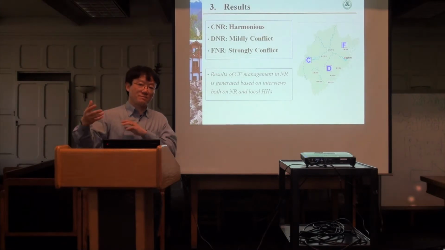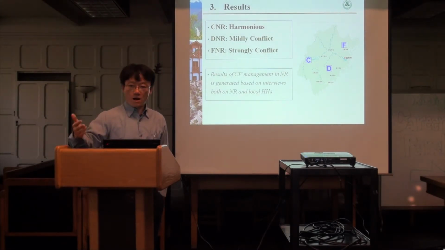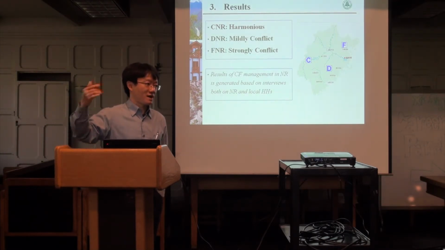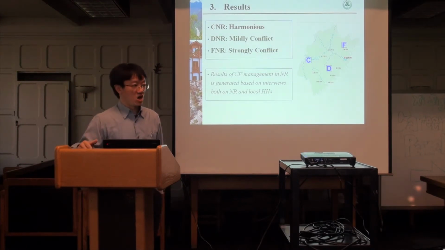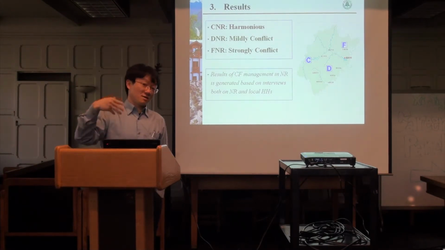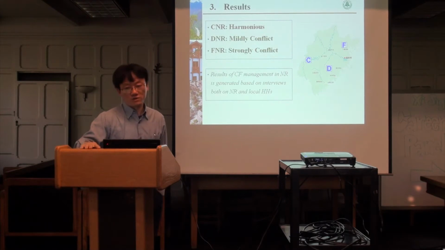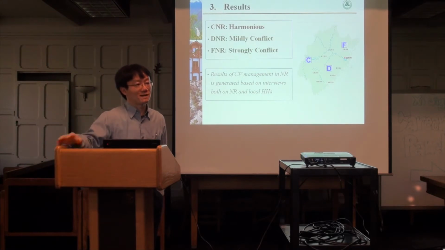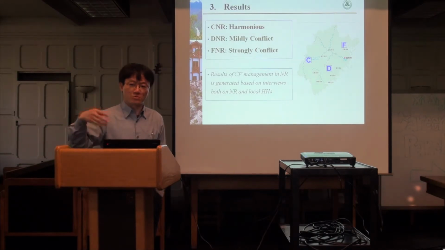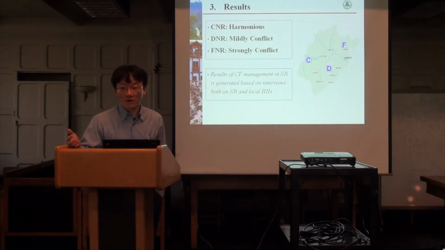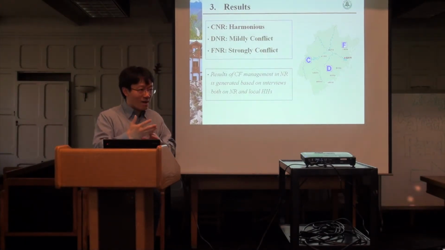For this one, the harmonious relationship is that local people coexist with the nature reserve. They help each other. The nature reserve administration says, please help us strengthen the law enforcement. If anybody from outside comes in, report to us. Local people say, no problem, that's our pleasure. And then the local people report their demand to improve their livelihood to the administration: you see our road is broken, can you help us repair it? Okay, we will try to apply for money to help you. So they do it in harmony.